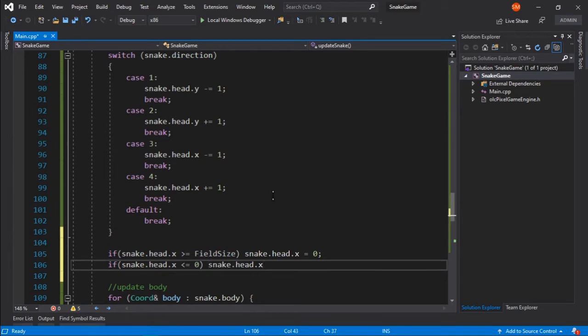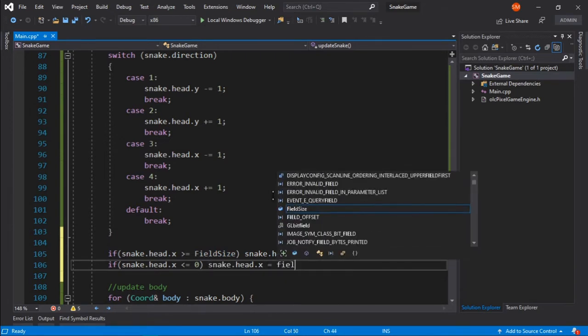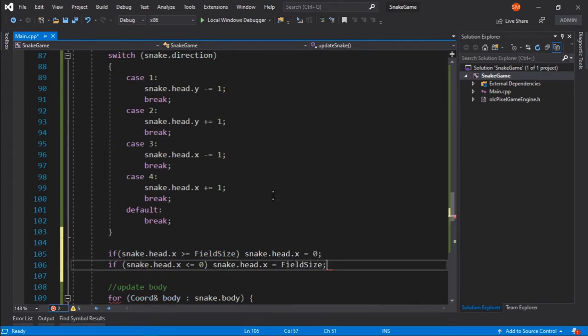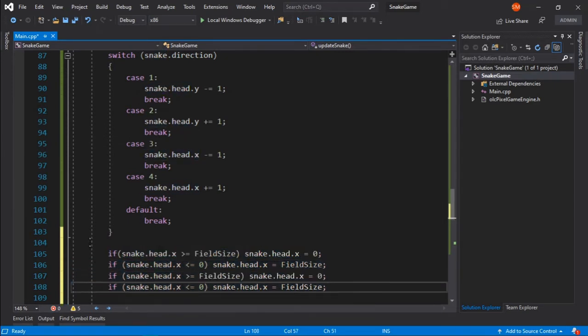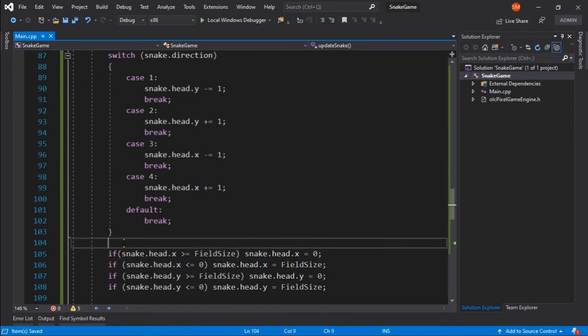So I'll say snake dot head dot x equals field size, and the same thing will be applicable for y also. For the y-axis, I'll have y here, y here, y here, y here, and it's going to control the wrap of the snake.